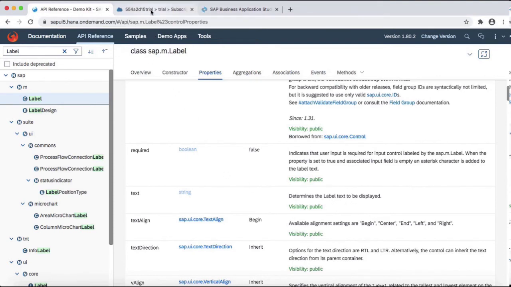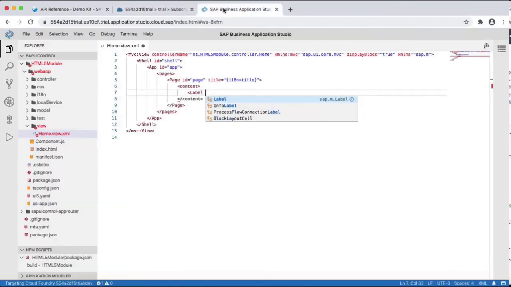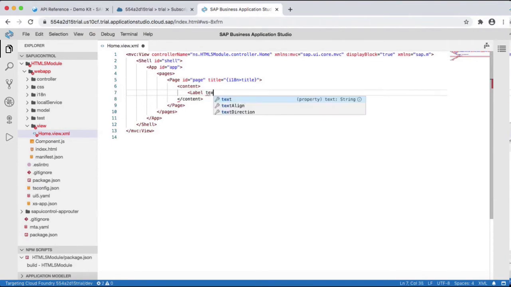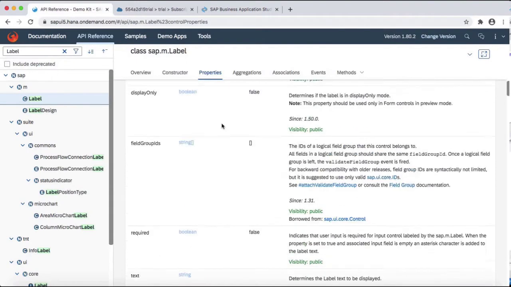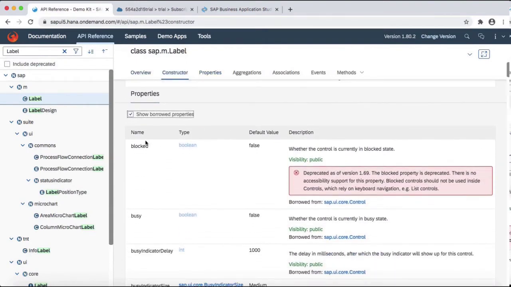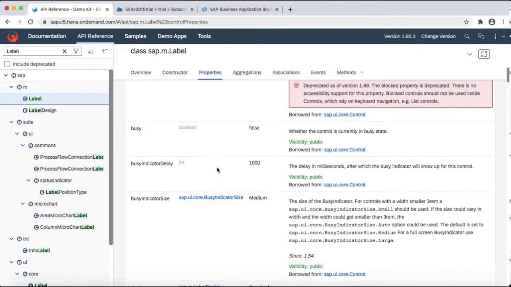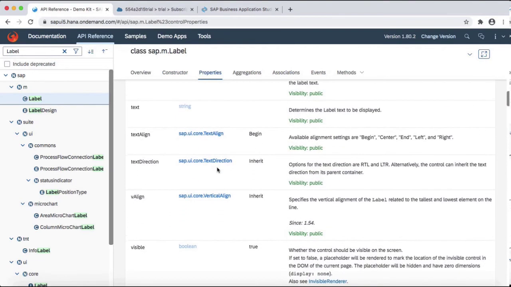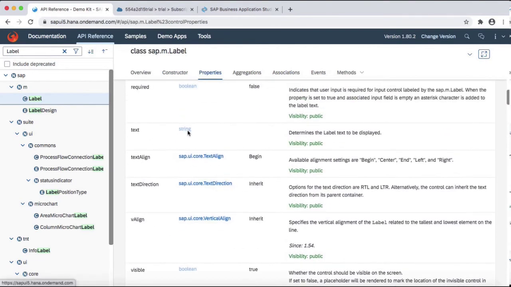So we will use the text property. In the properties section you can see the name of the property, type of the property, default values and description. For the text property we have a string type and you can find the description here.